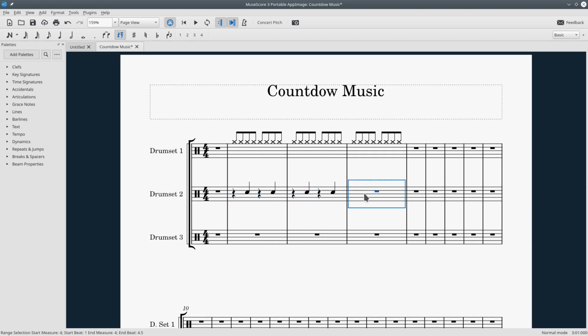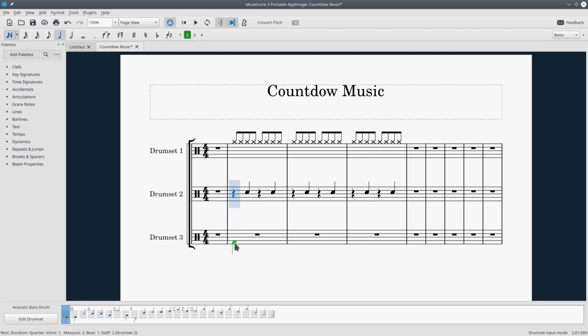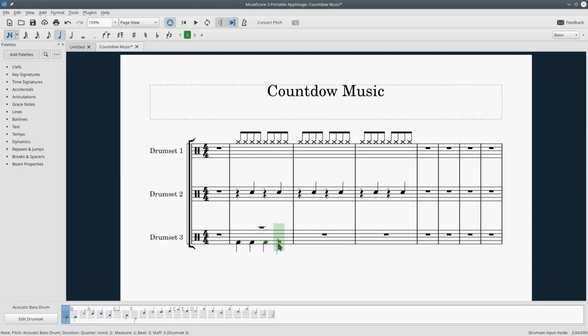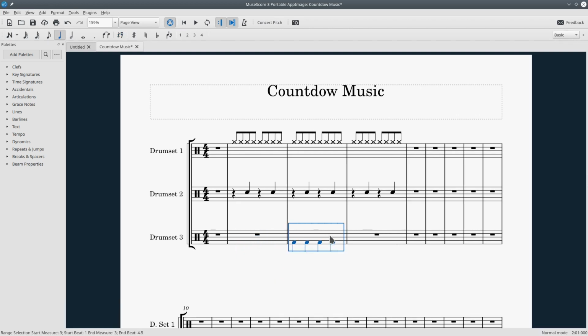Okay, copy it here and here. Okay, now let's add a bass drum. Okay, let's listen together.